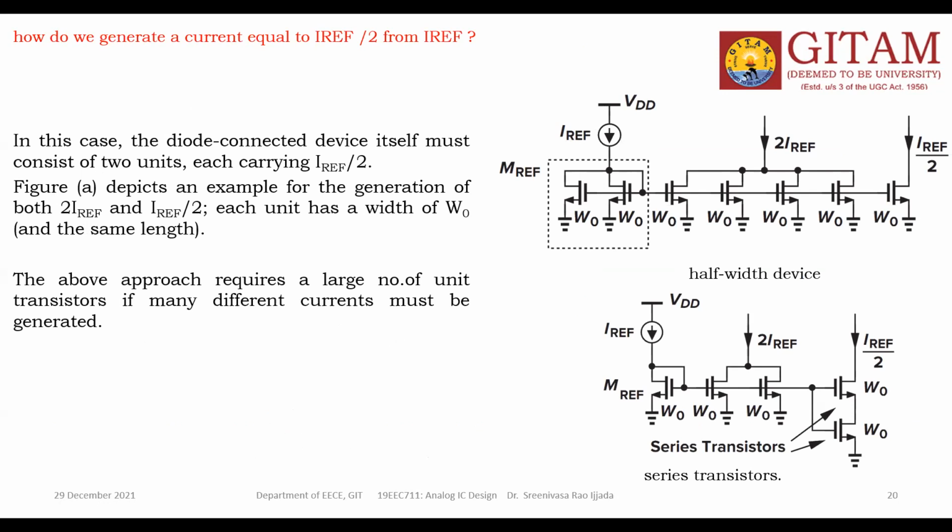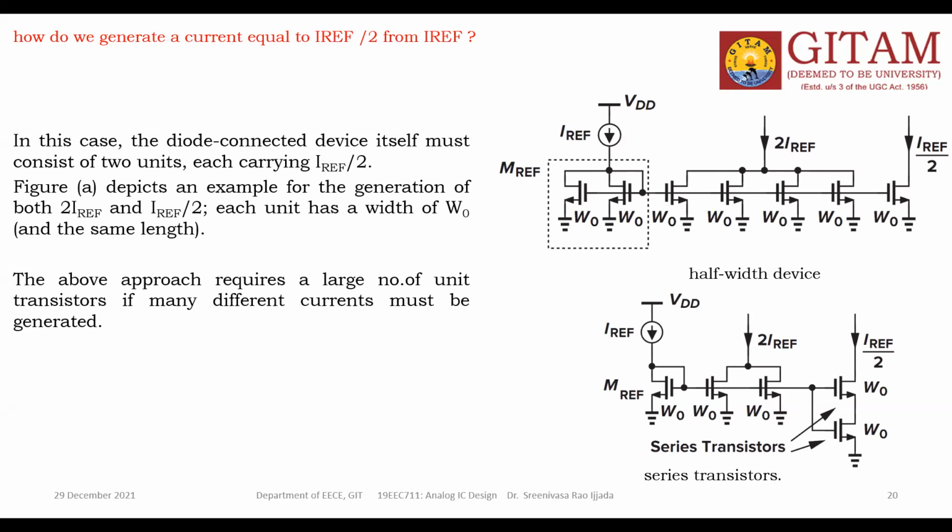one dedicated source, an I reference source, we should take. The same amount of current should be copied or generated. So simply I can say, generated means the same current is here, and reflecting means you can say it is copied. So sometimes we need double of the reference current or half of the reference current.